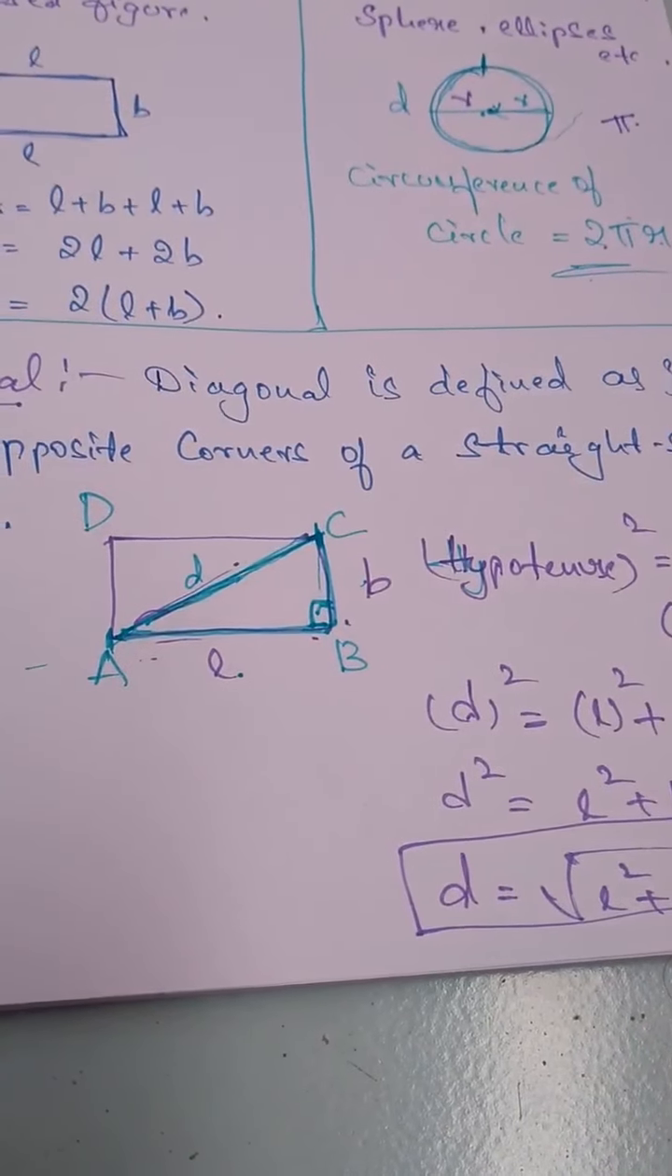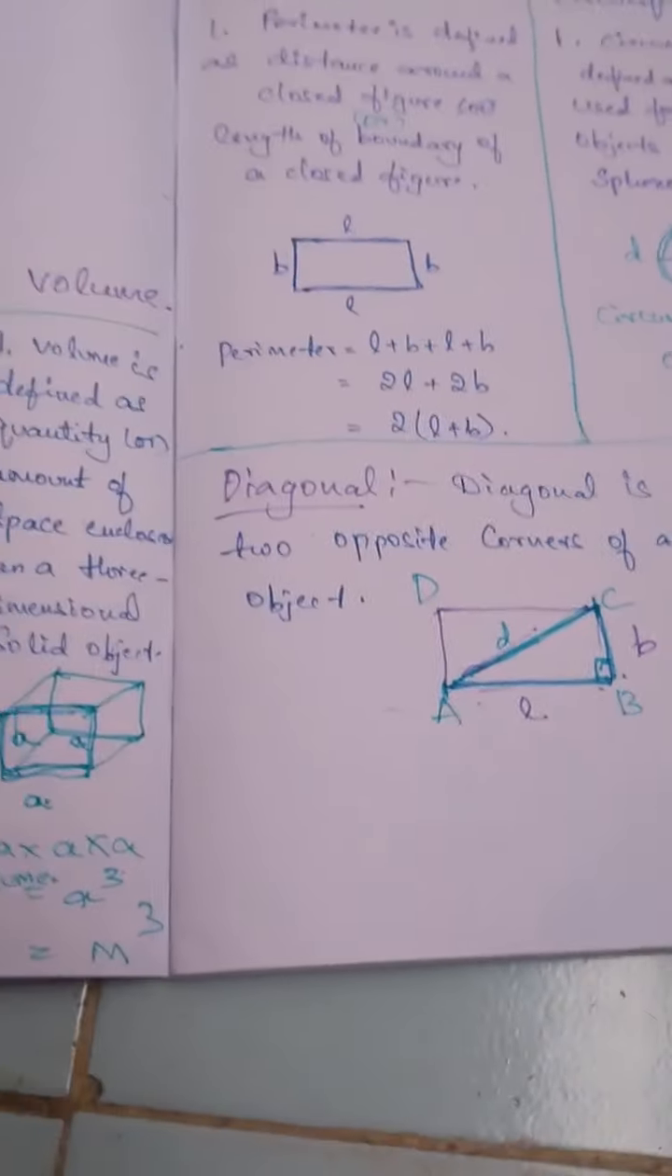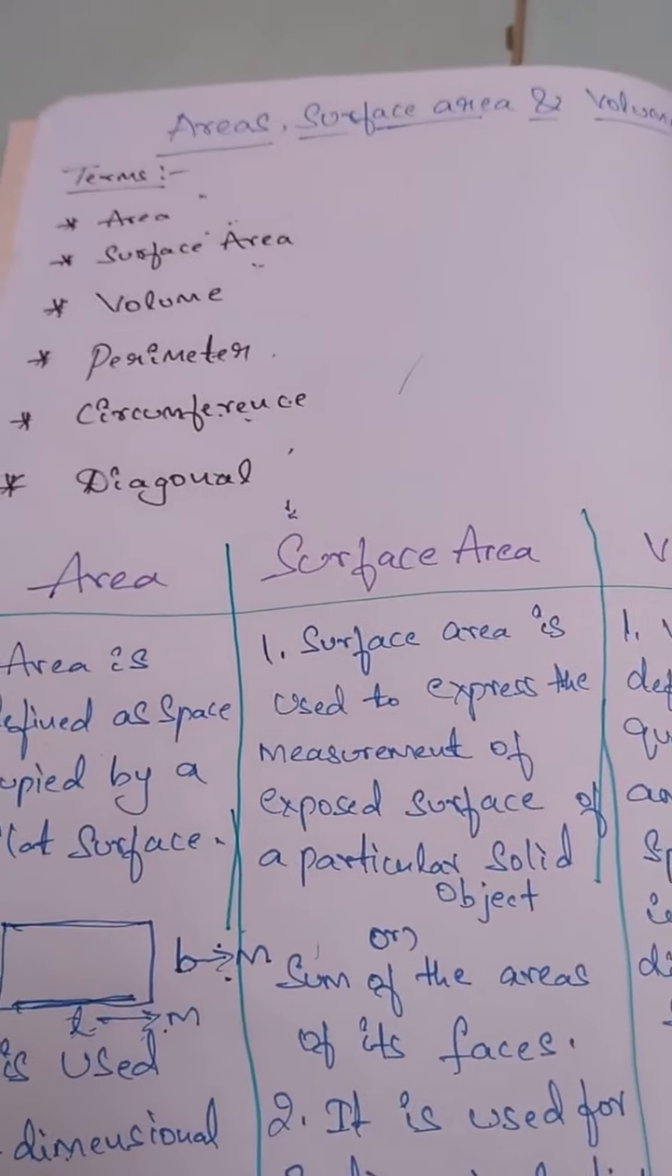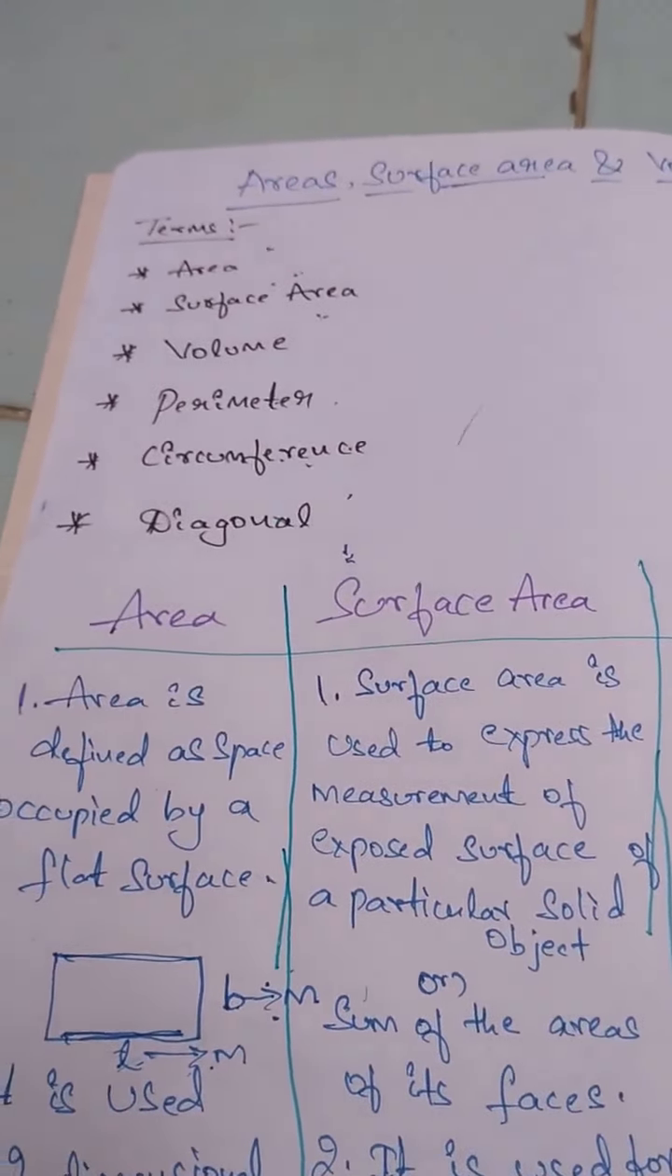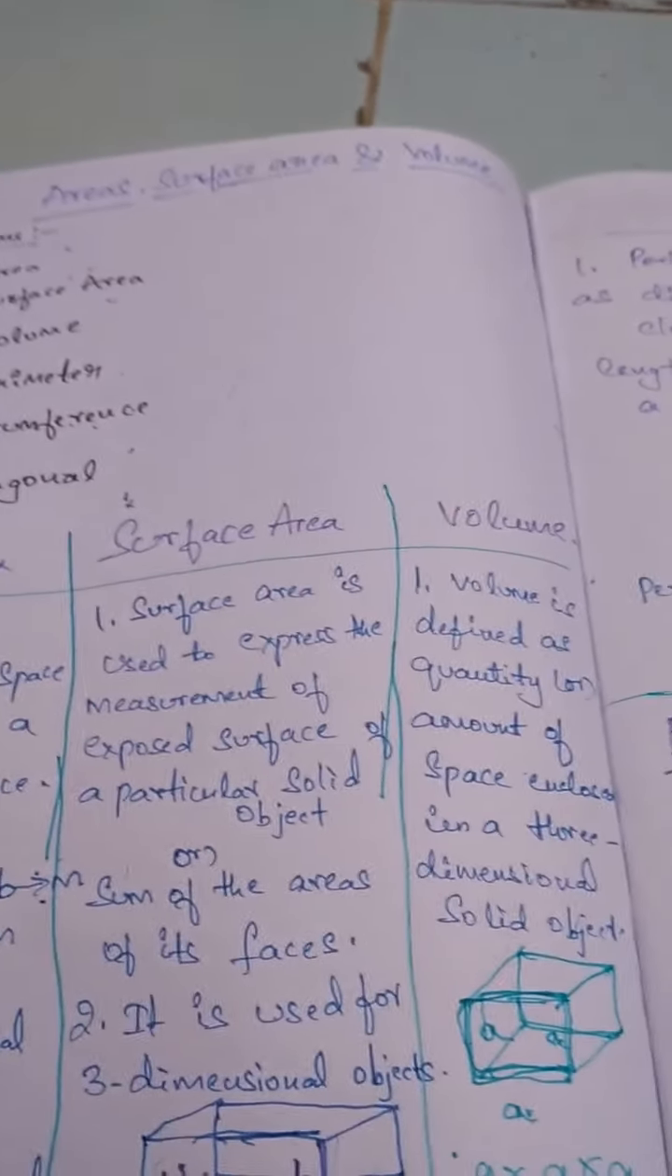So the next coming video is part 2. Find out the area, surface area, volume, perimeter, circumference and diagonals of some